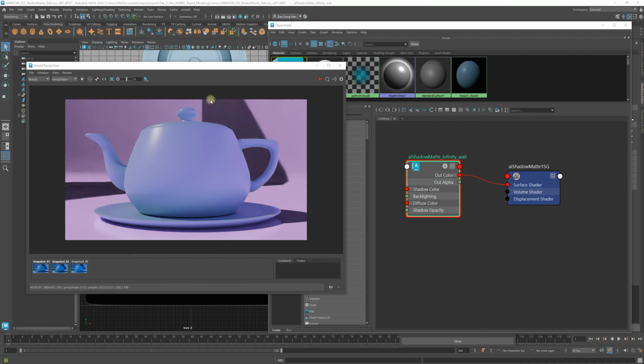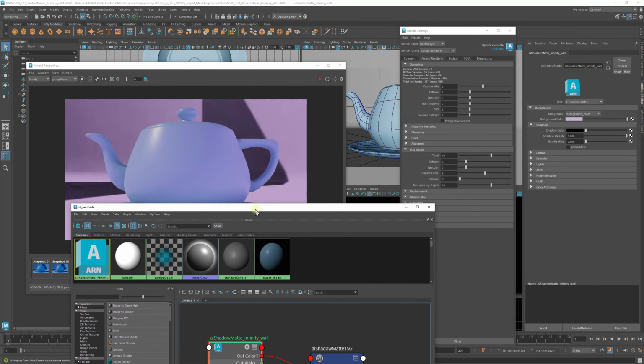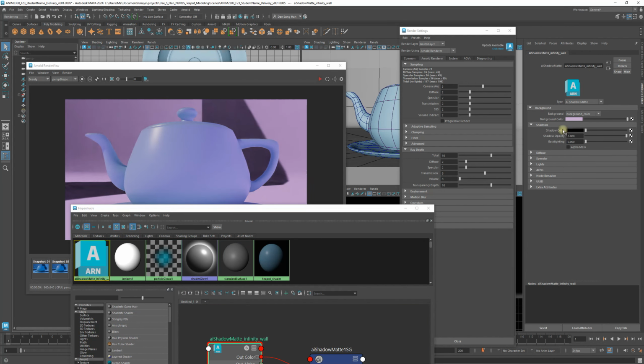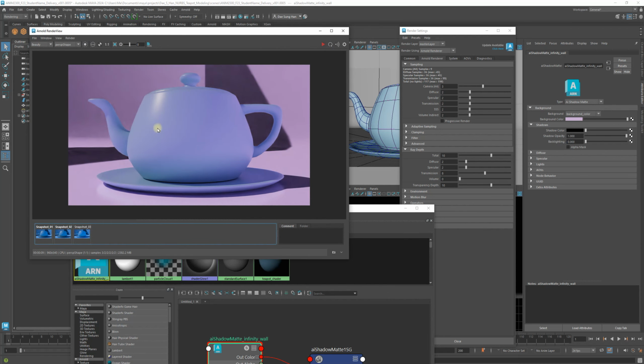Alright, so I gave the background a lighter color. My AiShadowMatte, I have it selected. Here's my attribute editor right here. I gave it a lighter, kind of pinkish purplish color. I just did that to help differentiate it from the blue teapot set. Alright, so